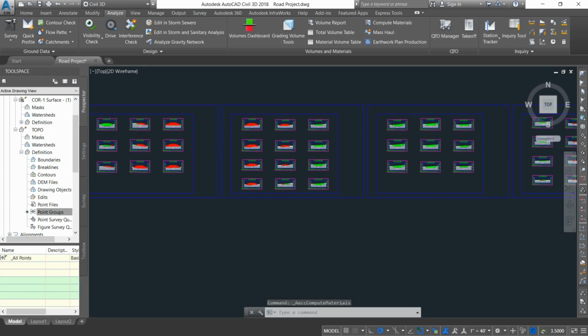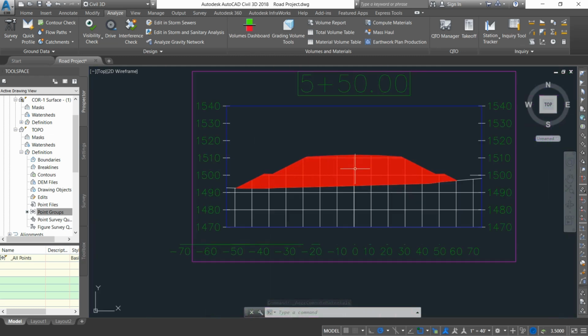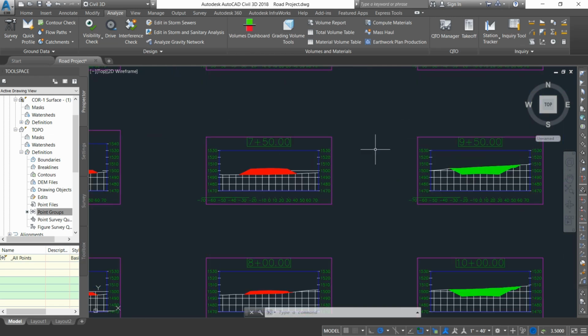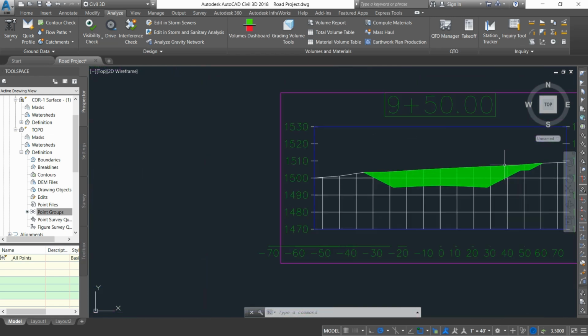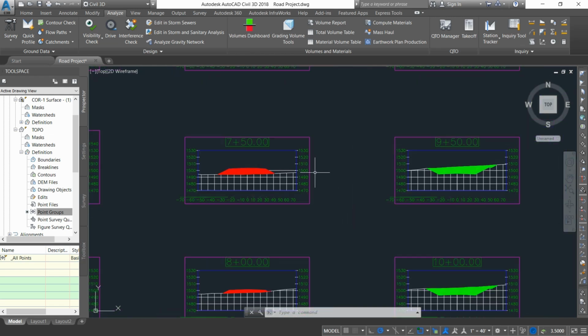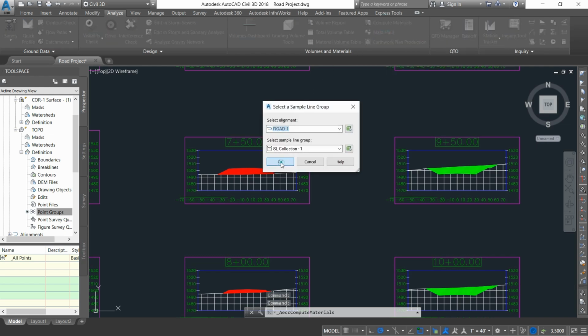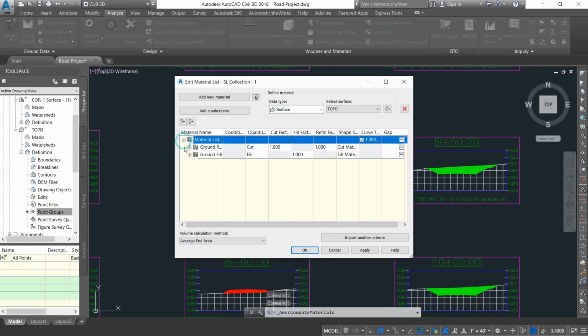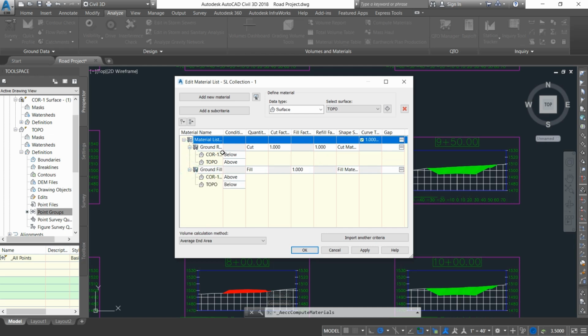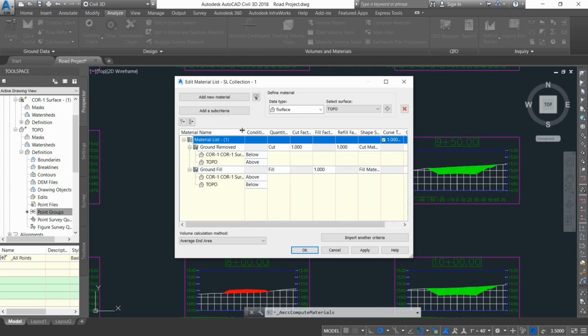So this will end up creating a hatch showing us that which area is in cutting and which area is in filling. So this is reversed. Cutting area must be highlighted as red and the filling area must be highlighted as green. This is reversed. We have to modify it. We have to go to compute material again and then click OK and then open up this cutting material list. So the cutting is defined as